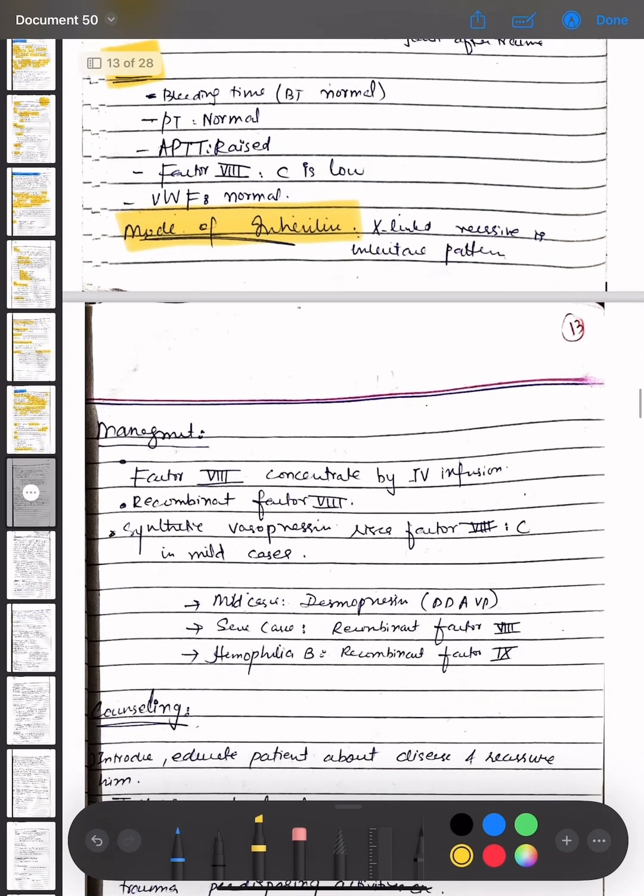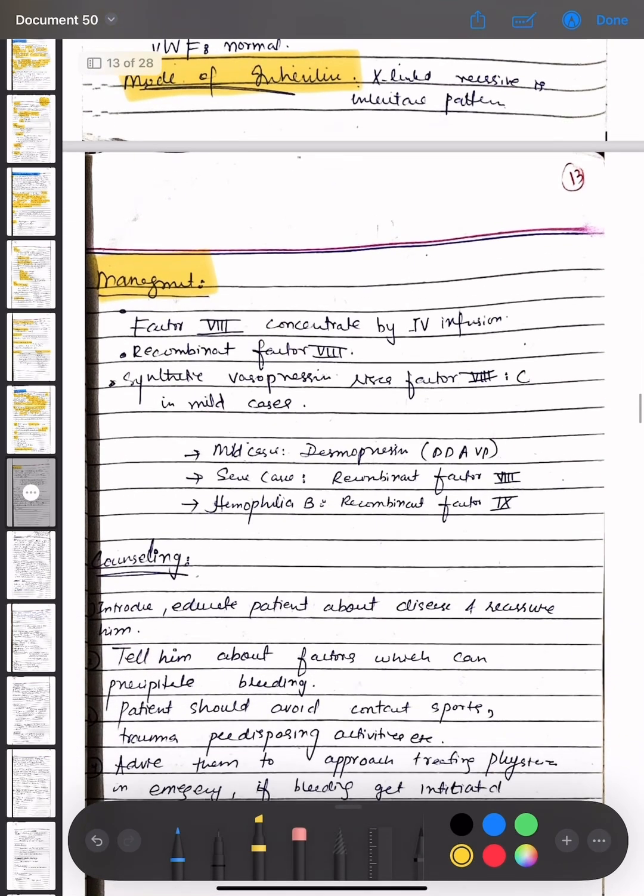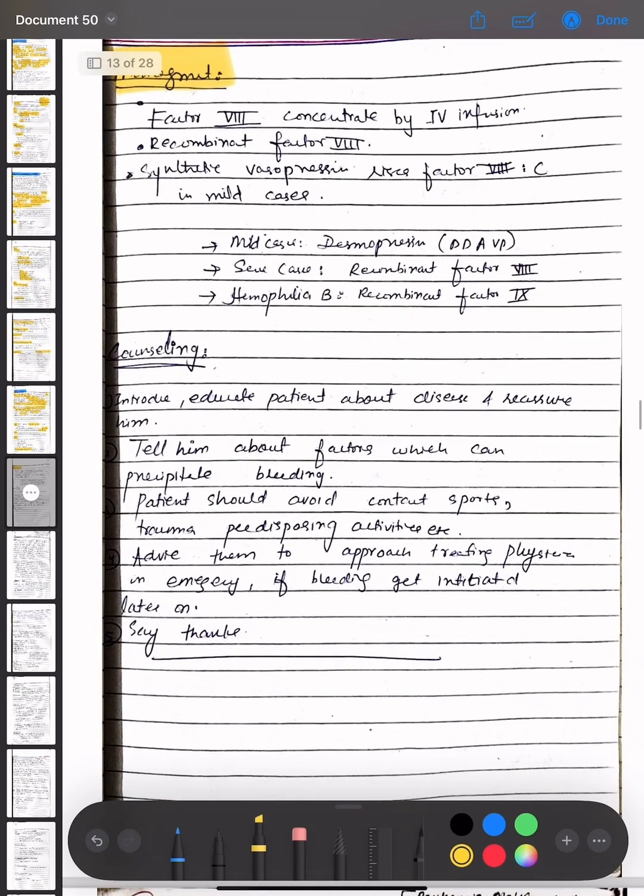The management options are factor 8 concentrate by intravenous infusion, recombinant factor 8, and synthetic vasopressin, which raises factor 8. In mild cases desmopressin is used, in severe cases recombinant factor 8 is used, and in hemophilia B, recombinant factor 9 is used. Counseling is done for the patient: introduce yourself, educate the patient about the disease and reassure him. Tell him about factors which can